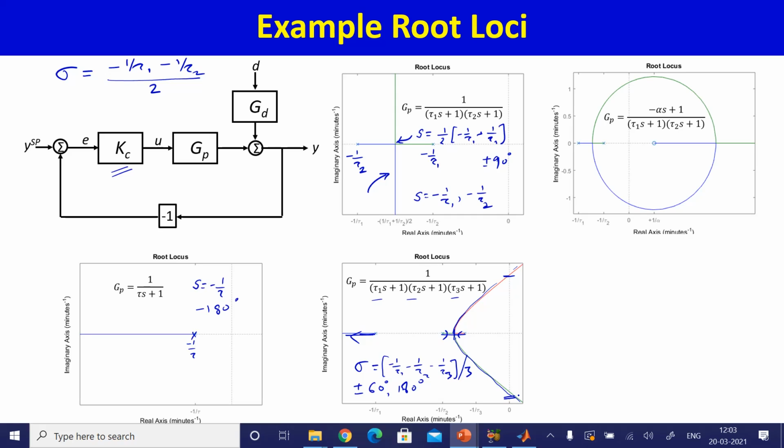Here is an interesting case, so here we have a right half plane 0. So this is actually an inverse response transfer function, and alpha, tau 1, tau 2 are positive numbers, so minus alpha s plus 1. In this case, this is plus 1 by alpha, this is minus 1 by tau 1, and this is minus 1 by tau 2. If you look at the transfer function over here,